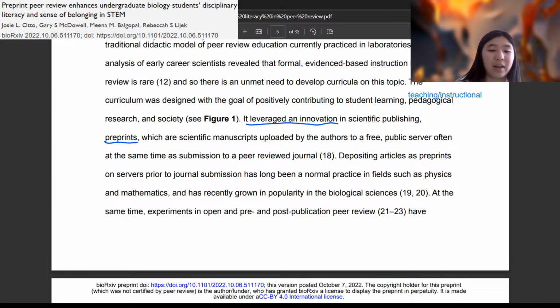So if we have our researcher down here, then he or she has his paper, and you have your journal, which will publish it for you, and then you have your open access server. They will upload it to both. And so the journal will peer review their research and then finally help them improve upon it before finally publishing it. But their rough draft will remain free to access on the public server so that anyone can read it. So this research article we're looking at now is actually uploaded onto a public server called bioRxiv.